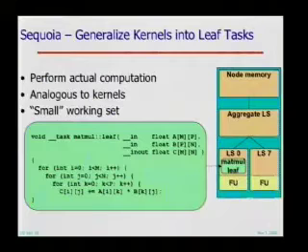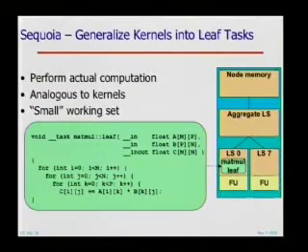And so in Sequoia, what we do is you write a leaf task, and the leaf task is just like any other bottom-level thing. In this case, we're doing matrix multiply. So it's just the triply nested loop that's computing the elements of C as a product of the correct elements of A and B. And this is going to run in each of these SPEs, and it's only going to touch things in that local memory, right? Everything is local. Both all the code and all the data it needs are there before it fires off, and everything is wonderful.